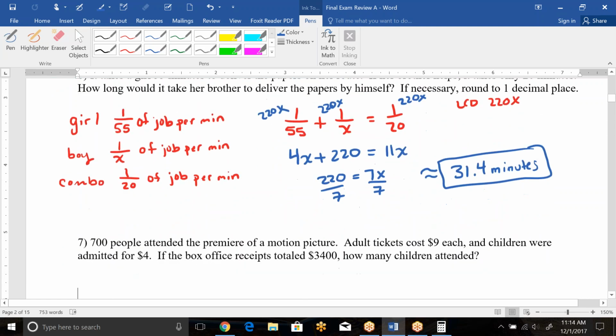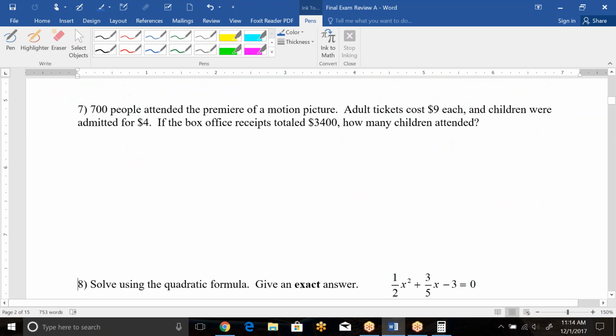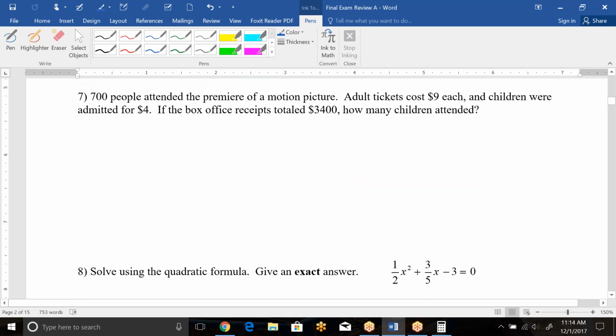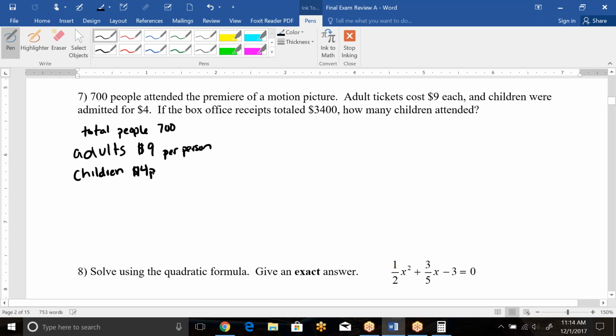Okay, let's look at number 7. Number 7 is also a word problem, but this one is about people attending a motion picture. So we have 700 people attended the premiere of a motion picture, so total people 700. Adults have a ticket cost of $9 per person. Children have a ticket cost of $4 per person,